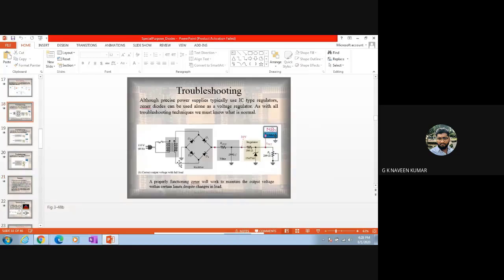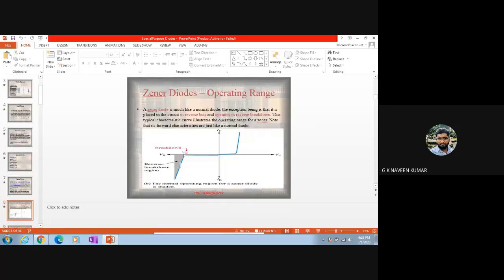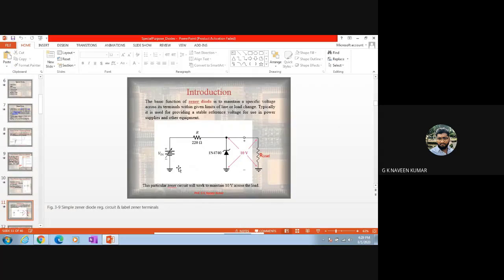We have covered the rectifier topics also in the previous classes. Now we'll be talking only about the remaining applications. After this, we are left with clippers and clampers. We'll study clippers and clampers in coming classes. After that, we'll be finishing this topic of unit 1 on diodes. Next, we'll be moving towards transistors.